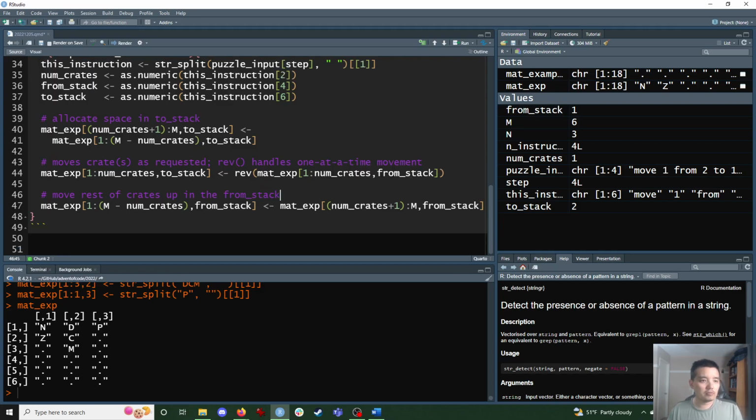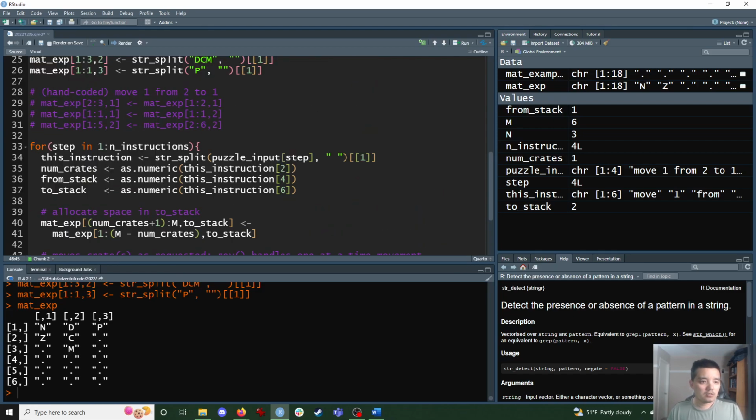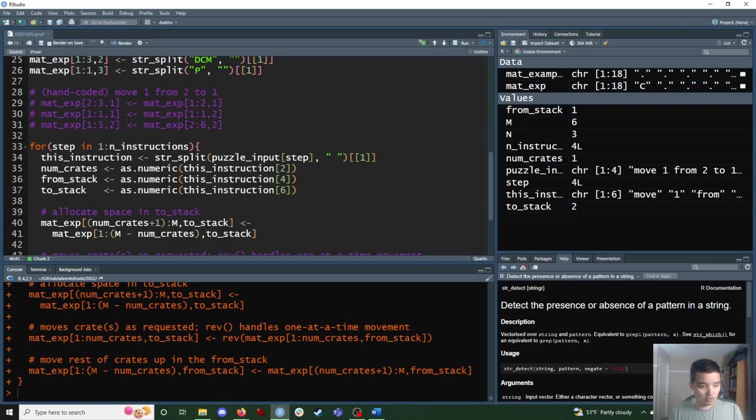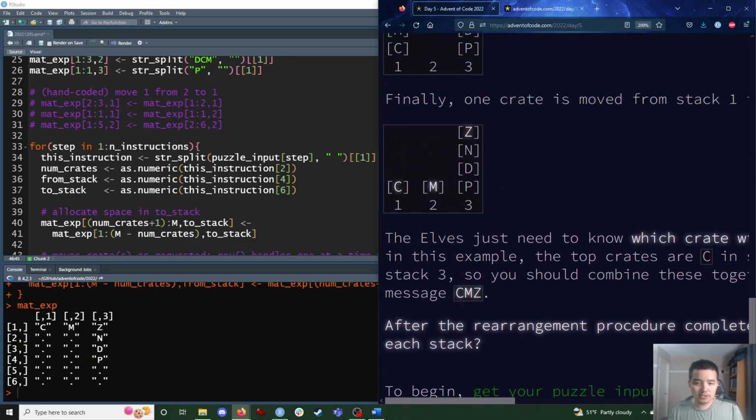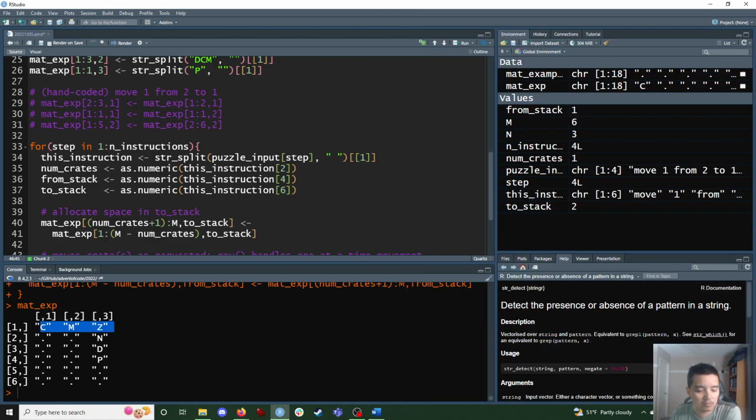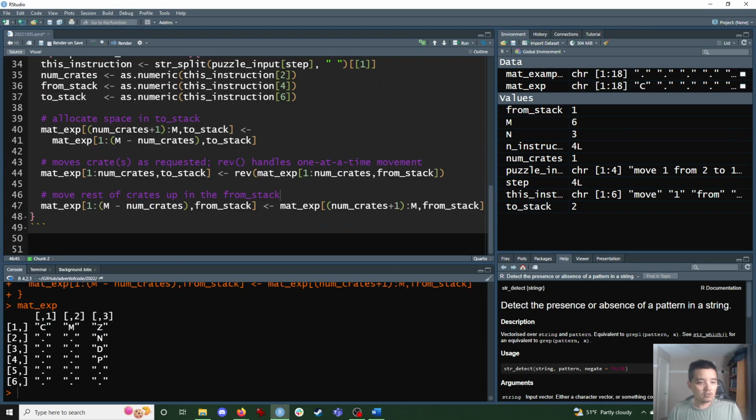And we'll move in from the stack. So if this all works out correctly, then I should have the example handled. C is at the top of stack 1, M is at the top of stack 2, Z is at the top of stack 3. For the puzzle,